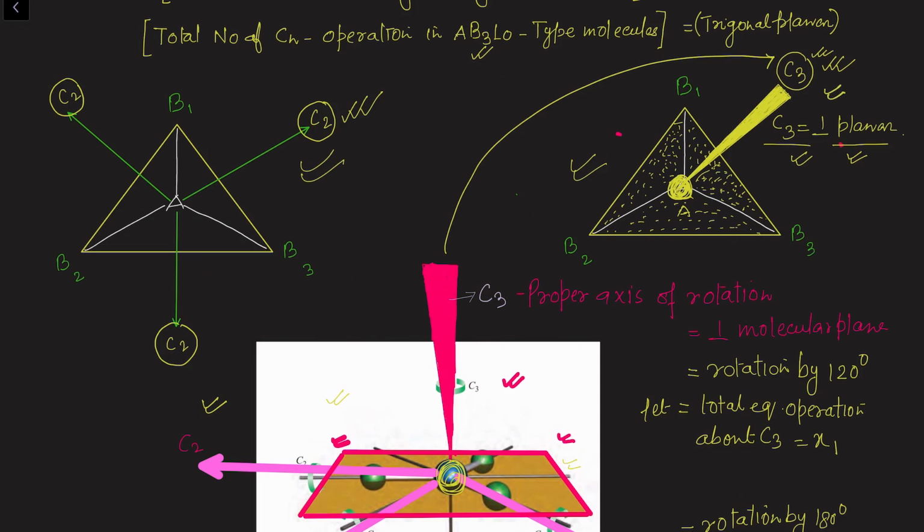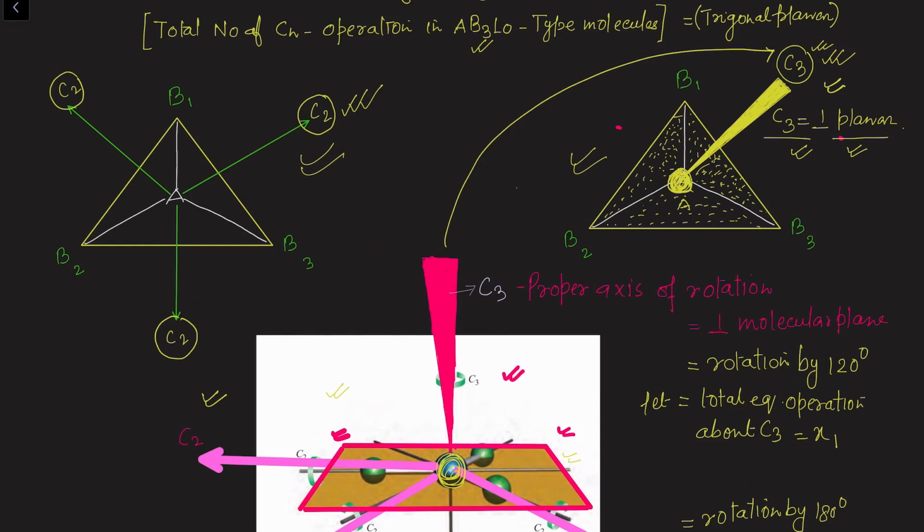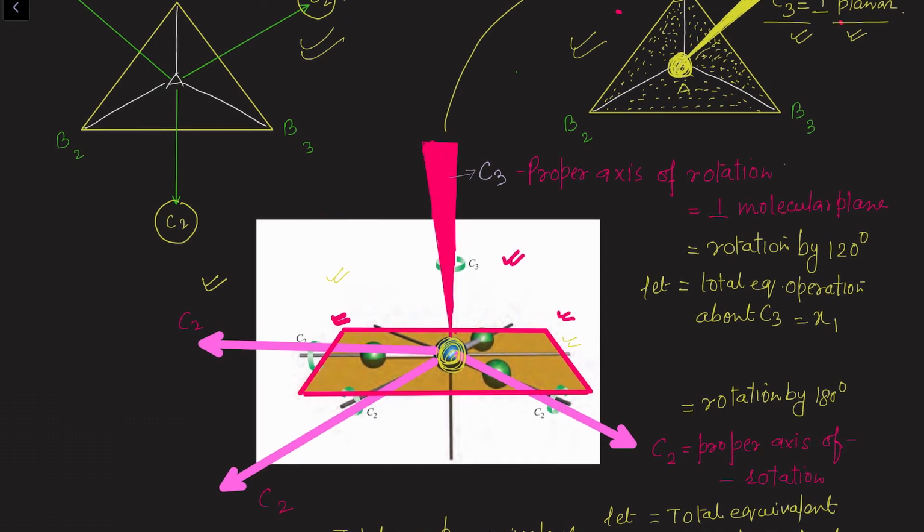Now with respect to the previous video, we know that about each and every proper axis of rotation there are a certain number of equivalent operations. So how to calculate the number of equivalent operations about a given proper axis of rotation? We know the formula: the number of equivalent operations is equal to n minus 1. What is n? n is the order of the axis. So let's suppose about this C3 axis of rotation, when we rotate this molecule by 120 degrees, then the total number of equivalent operations about this C3 is